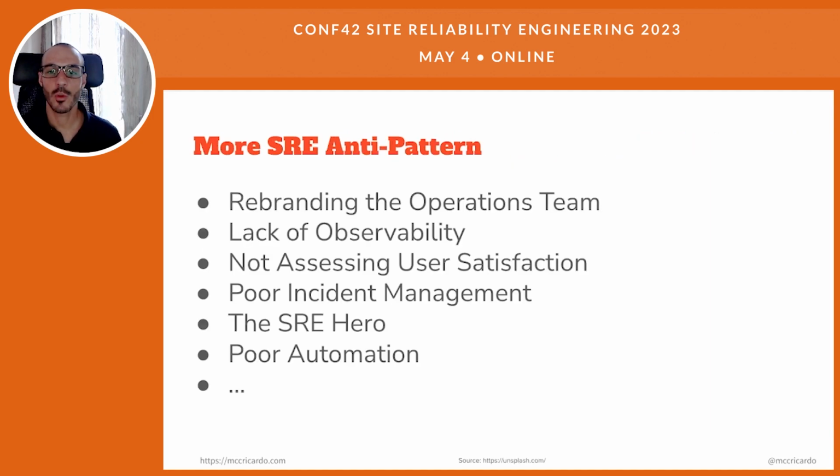And this is just one of the anti-patterns. There are more. The one that we just talked about is the rebranding SRE team, but there are others that organizations struggle with. For example, the lack of observability. They don't have enough observability to understand what their systems have gotten themselves into. Not assessing user satisfaction: just trying to make systems better, but not being really sure if we are making our users happy. Poor incident management is a common anti-pattern as well. We just fix this fire and go on to the next, and we actually don't learn from